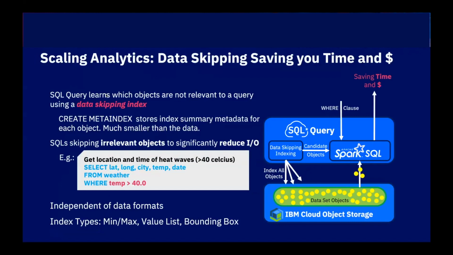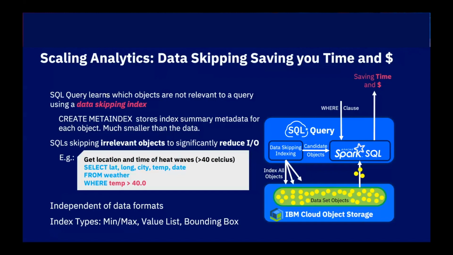So it still means that it might not be ideal for all of your queries. For that reason, we have introduced this data skipping index now that allows you to index data after the fact, after it has been stored already and laid out in a certain way, to store metadata about the objects explicitly, like for instance, the min and max values for all of the column values for all of the objects, or the number of distinct values if you think of categorical data.